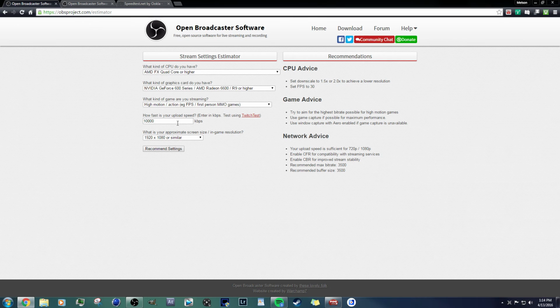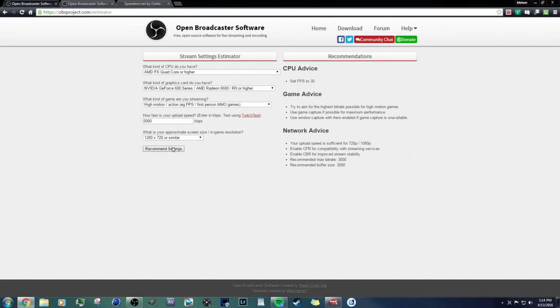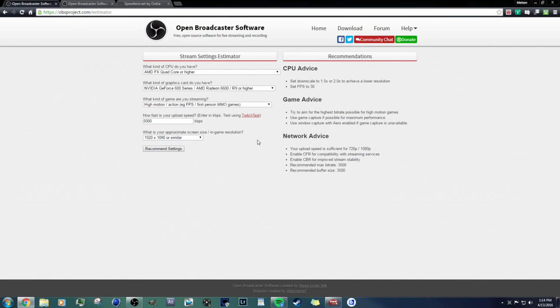And I don't think it's going to change. It might not change. So let's say we have only 5 megabytes. It's still not going to change. So let me see. If we go down to 720p, it'll change. But right now, if we are direct connected getting 5 megabytes upload, it says we are good to go for